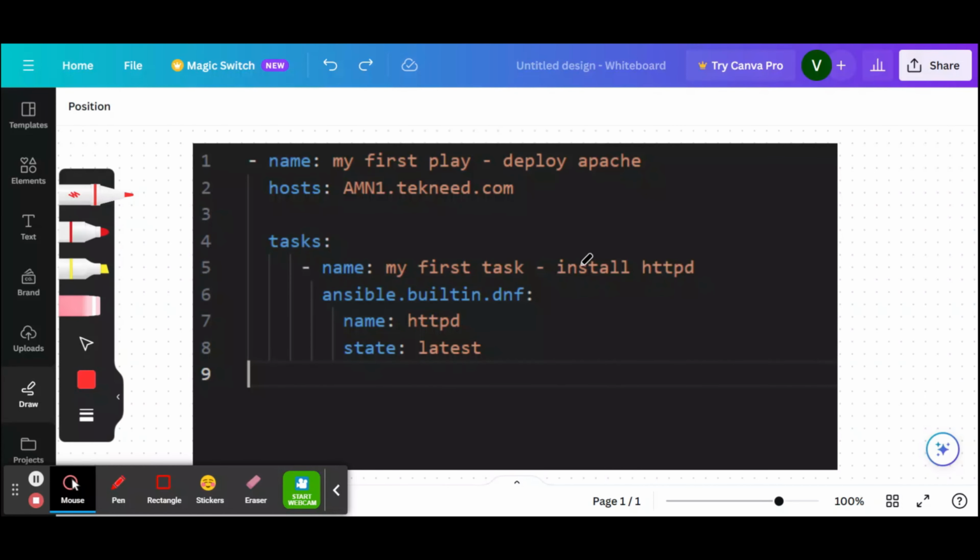Now that we have run our first basic playbook, let's understand what a module is. From our playbook, this is the module, which is ansible.builtin.dnf. So let's forget about this ansible.builtin and pay attention to this DNF. And what does the DNF command do? Of course, it installs packages. In this case, the DNF module is used to install the package HTTPD,